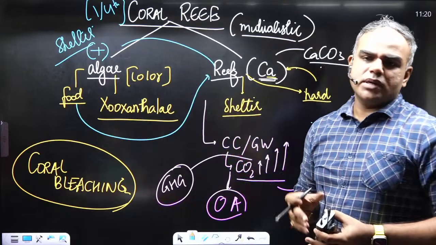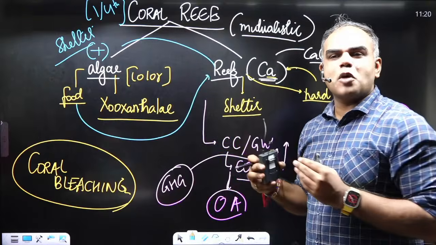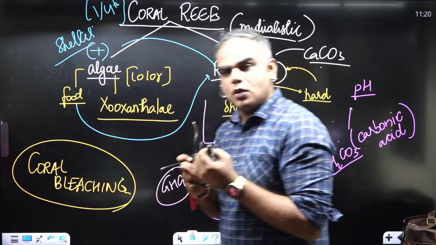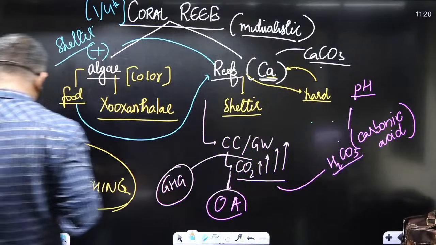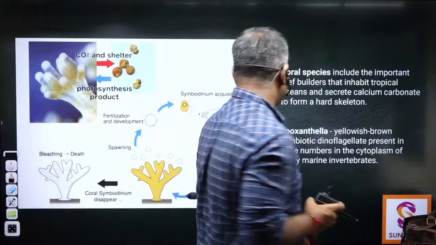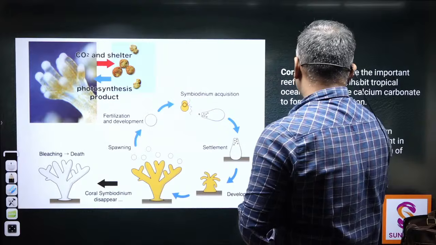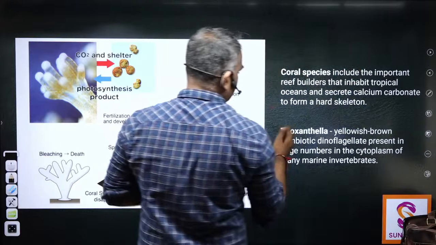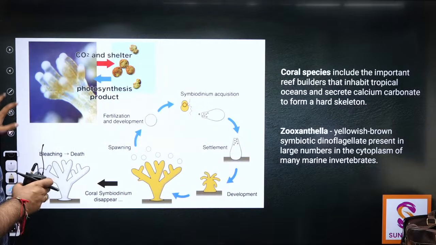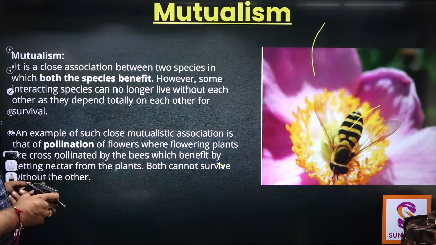So this is something you have to understand. And all these topics individually are topics in themselves. Whether this coral reef or mycorrhiza, these are interesting topics to understand. So this is what I wanted to explain here. Bleaching will lead to death of a coral species. This is the zooxanthellae. Okay, just make it Z. Zooxanthellae. I wrote it like X.